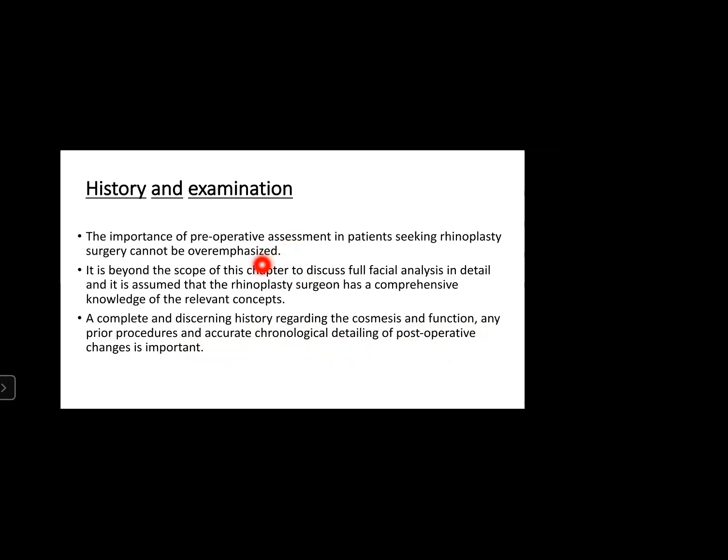Second point is facial analysis. They have got a lot of features like Nasion, Rhinion, Inion, all these things should be kept in mind when you are doing the analysis of the skull. So all these things, as you know, in anatomy, those should be kept in mind, and you should know that. And cosmesis and function, you should be able to tell the patient also how they are going to be working out after the surgery. Next.